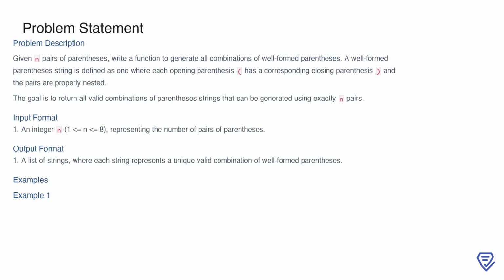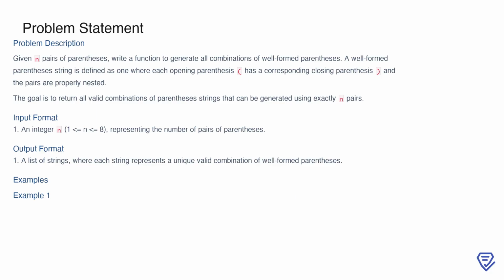The goal of this problem is to generate all possible combinations of well-formed parentheses given n pairs. A well-formed parentheses string means that every opening parenthesis has a corresponding closing parenthesis, and the pairs are properly nested. For example, one string is well-formed because all the pairs are balanced and nested correctly, while another is not well-formed because it has